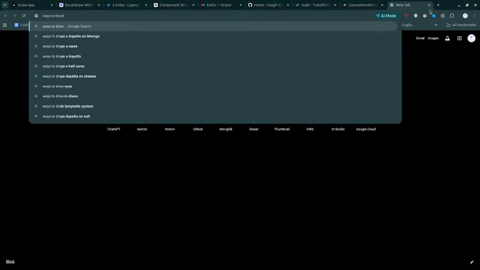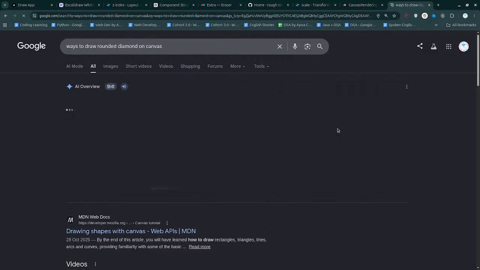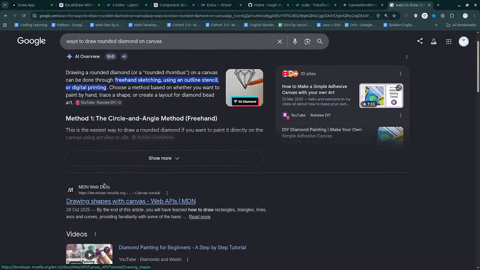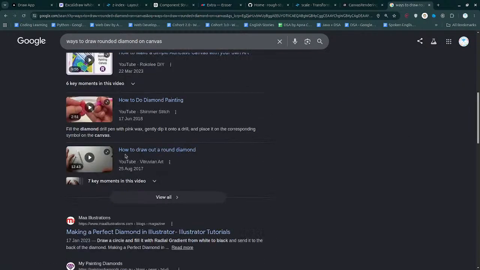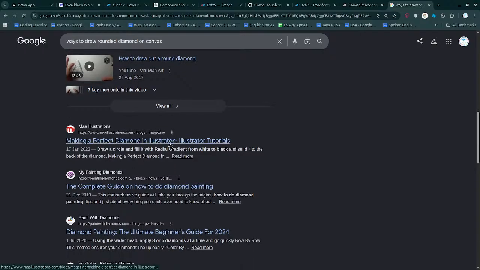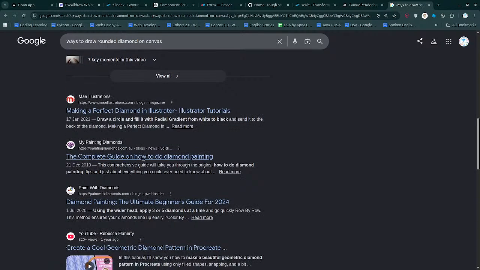Ways to draw a rounded diamond on canvas. Is that possible? Drawing shapes with canvas API is not really this. Making a perfect diamond, not this. The concept on how to